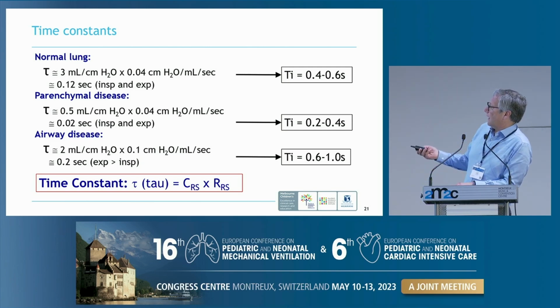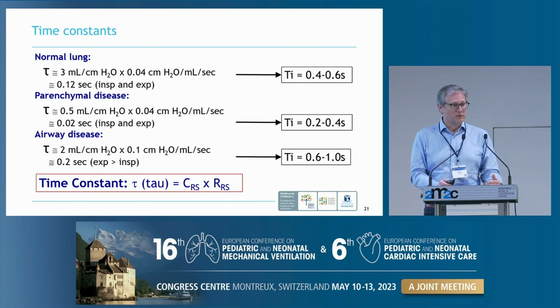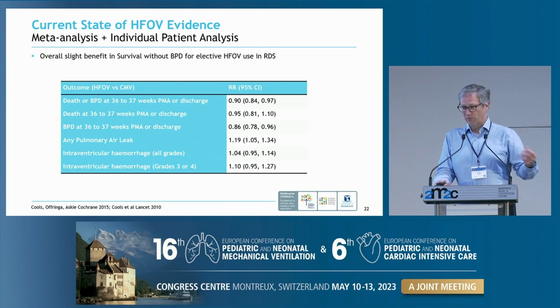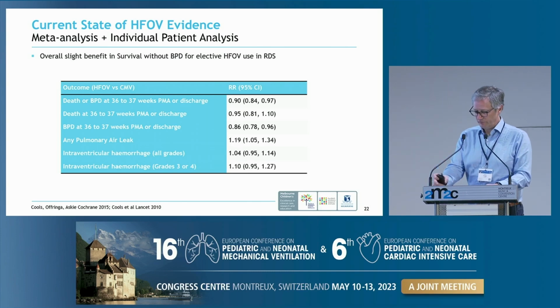But if we turn it the other way and have a predominant airway disease problem like bronchiolitis in an infant, we have a resistance problem and generally only a mild impairment of compliance. Now you see we need to have a longer I time to allow enough inflation and deflation. And of course that means we need a longer expiratory time and therefore a lower rate per minute, and we will need to apply a higher tidal volume to maintain CO2 clearance.